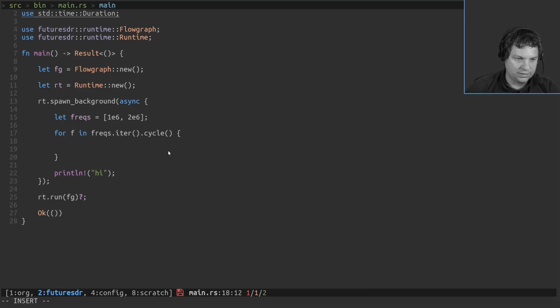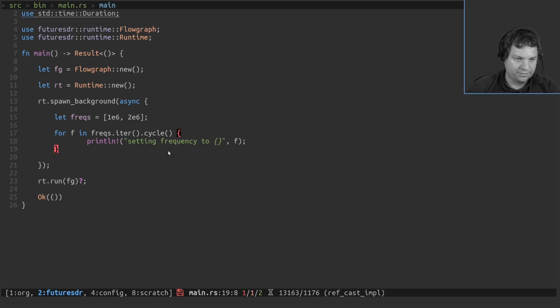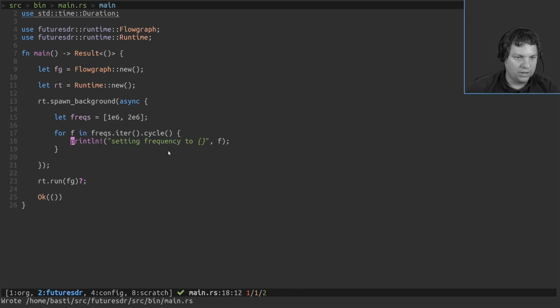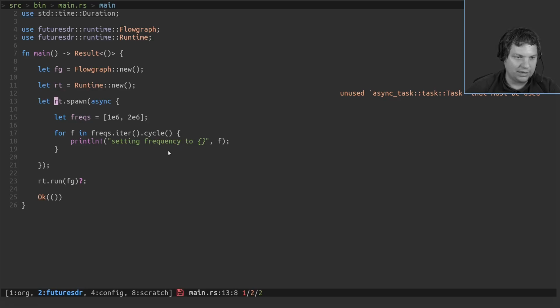And then we say setting frequency to. Okay, so now we would spawn this task in the background, and it would exit immediately. So what could we do? There are several options. First of all, we could not spawn this task in the background, but just spawn it and get a handle back.